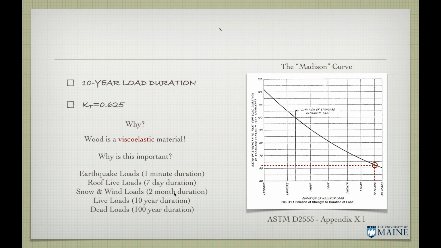Again, snow could be constant for 2 months, depending on where you're at. Wind loads are going to, again, aggregate over time the maximum loads of wind, because you're going to have wind all the time a little bit. It's pushing against the building. But again, these maximum values, they say, are going to aggregate to be that value for a total of 2 months. Roof live loads, that is the weight during construction,